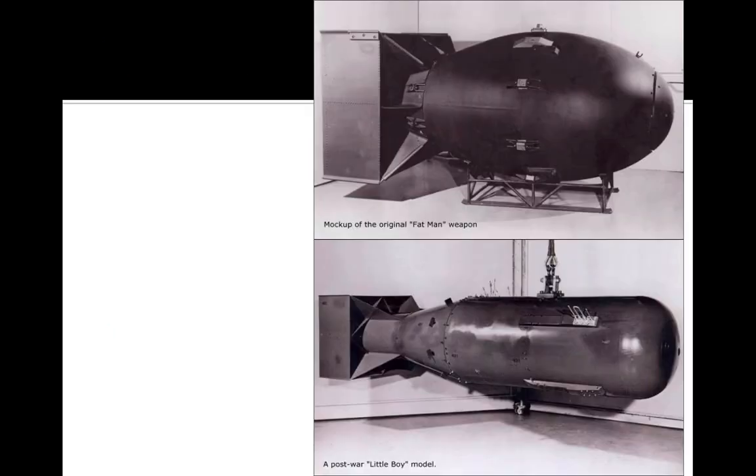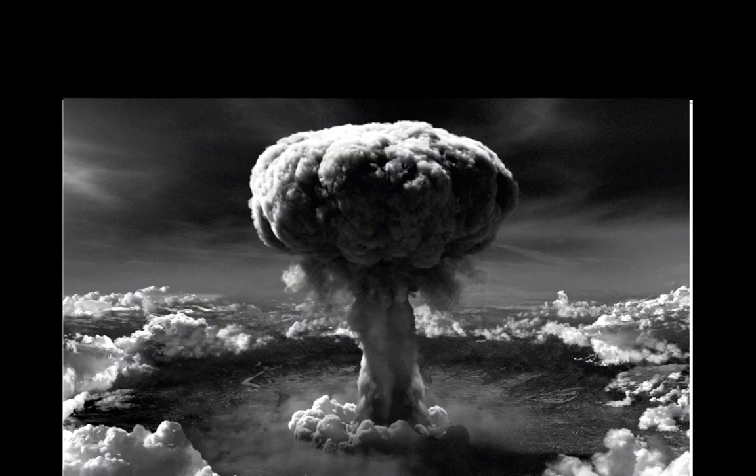And I'm gonna just finish with a couple of pictures here. Okay, the first, the picture at the top of what is known as Fat Man was the bomb dropped on Hiroshima. And Little Boy, what the atomic bomb dropped on Nagasaki looked like. And the kind of iconic mushroom cloud produced by a nuclear weapon rising up from mainland Japan,